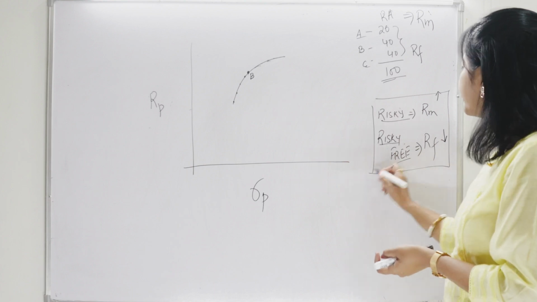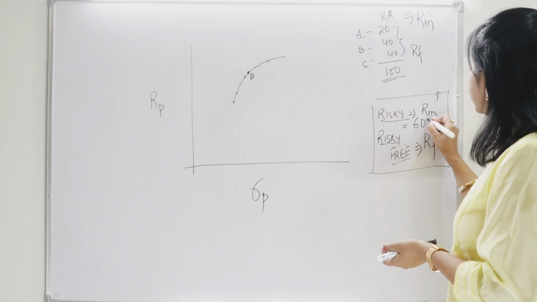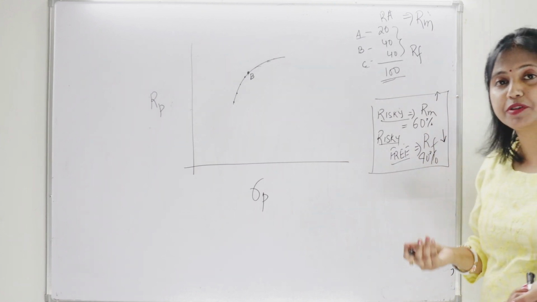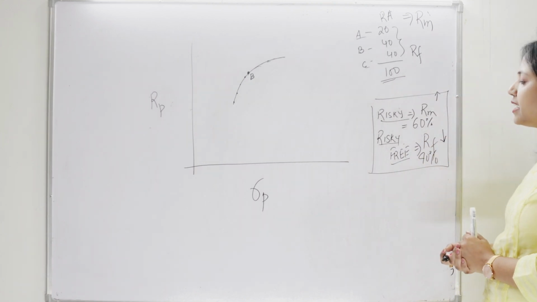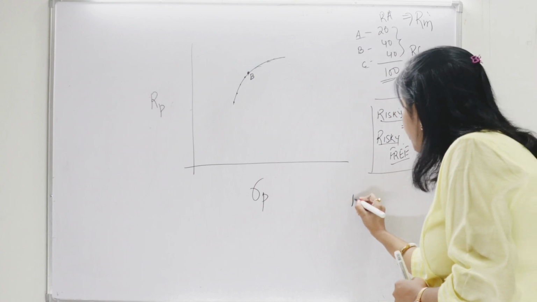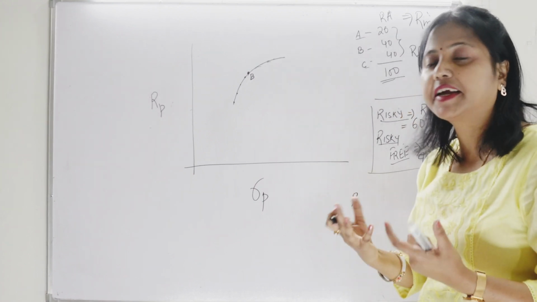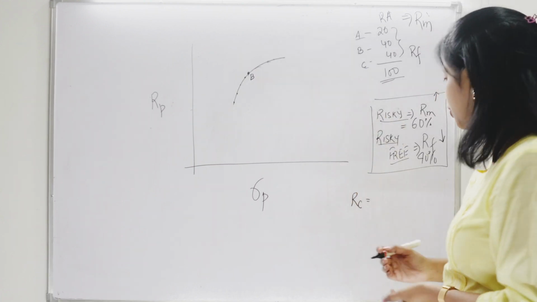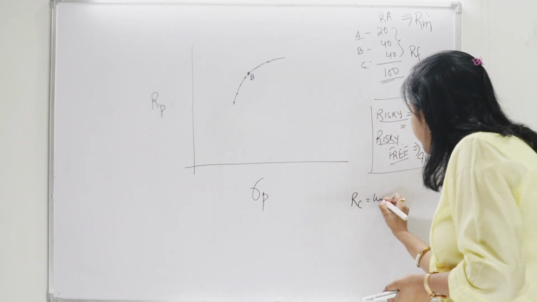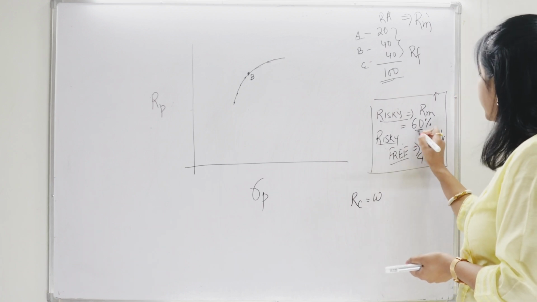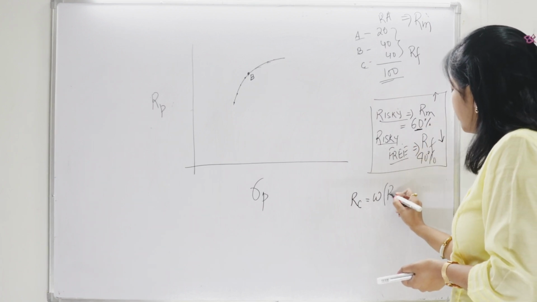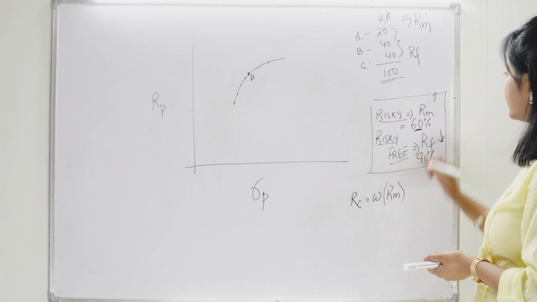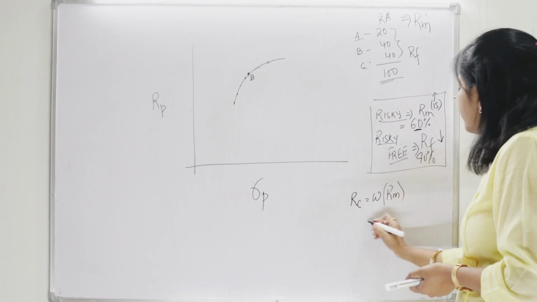This can be a portfolio where some money is invested in risky assets and some money is invested in risk-free assets, say 60% in risky and 40% in risk-free assets. So in that case, I can have a portfolio return, that is the return that I get out of a portfolio, RC. RC is the combined return of a portfolio. What does this mean? W means how much money I have invested in the market, that means the risky assets. So 60% into the market return, say the market return is 15%. So I will write 0.60